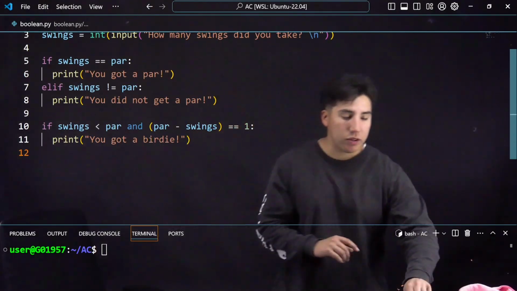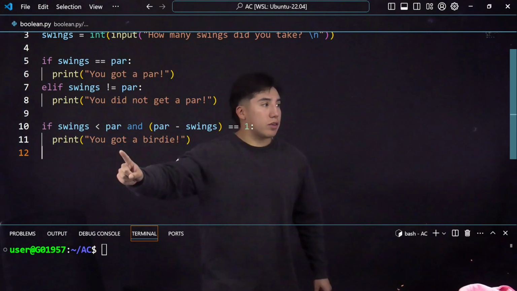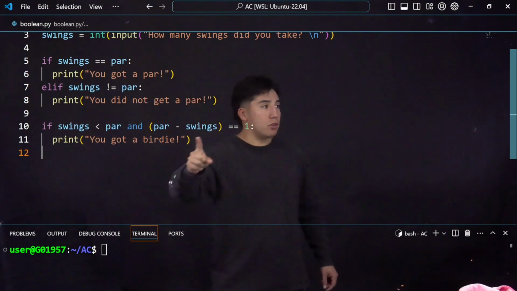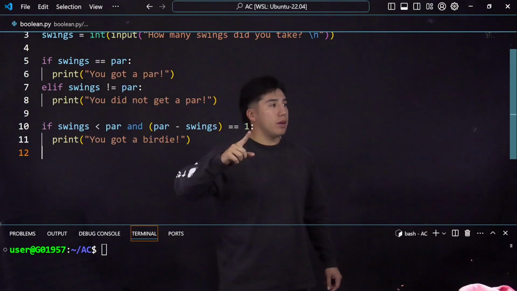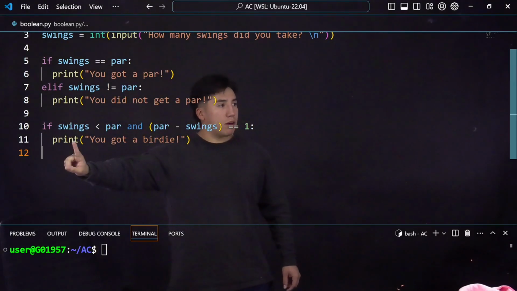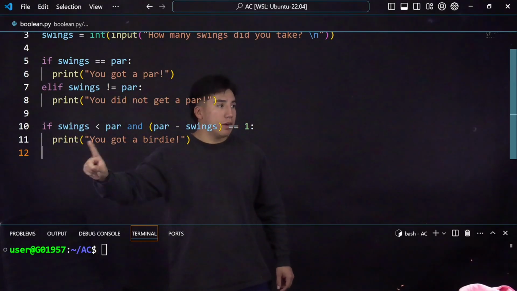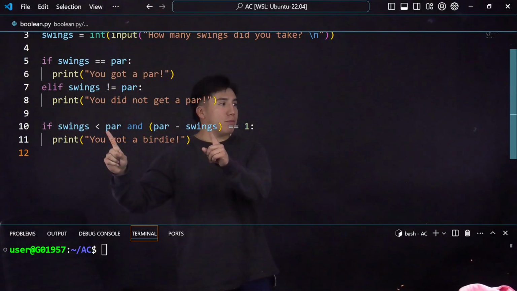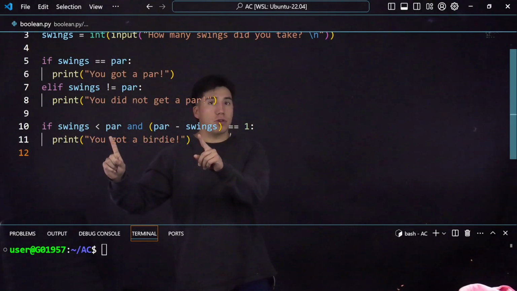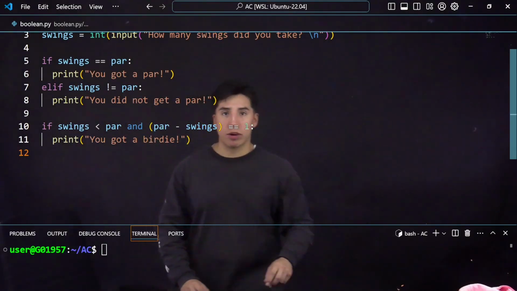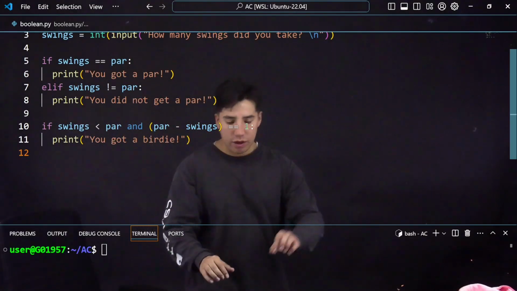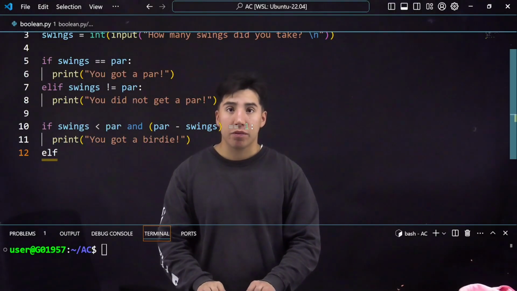So first things first, the only way that this can actually execute is if this holds true and this holds true, this statement right here. So that's how the and works. In order for it to actually execute this, like I just said, both statements have to hold true. That's how the and works. So if this and this is true, then it'll do this. But else if